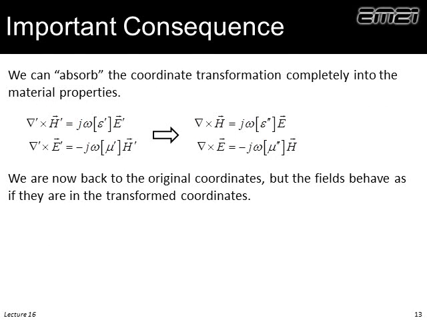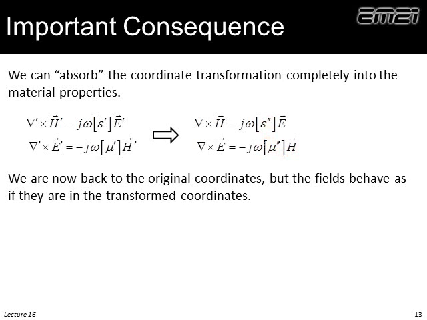So here's an important consequence. If we have Maxwell's equations that we've transformed to a new coordinate system, we can pull the math doing the coordinate transform into mu and epsilon. We end up with a new set of Maxwell's equations that look like our original Maxwell's equations, but the coordinate transform has now been pulled into mu and epsilon, so we end up having a pretty crazy map of